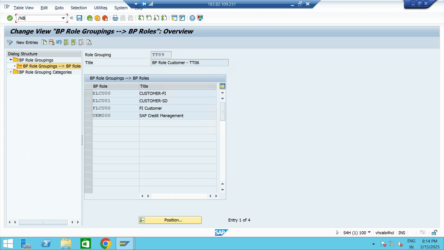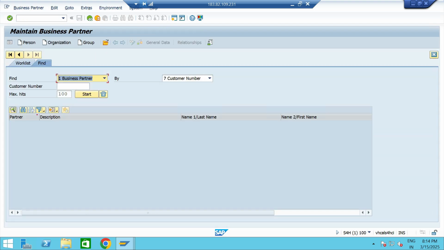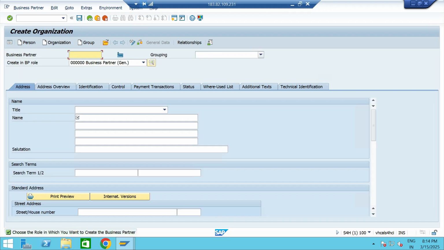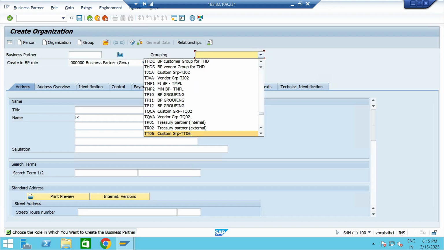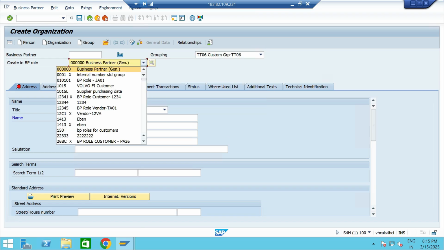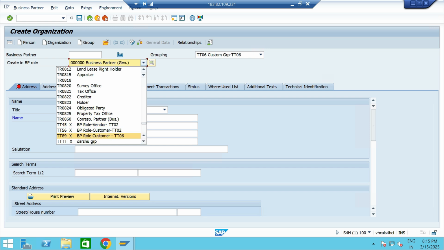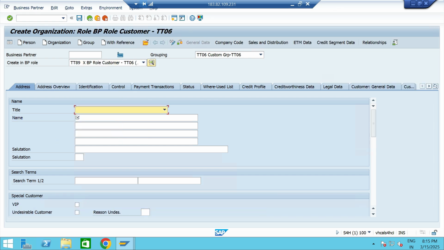Go to /nbp, enter, go to organization, select the business partner grouping, and select the business partner, create in BP role TT89. So then under the general data, select title as the company. So here name, I am going to enter